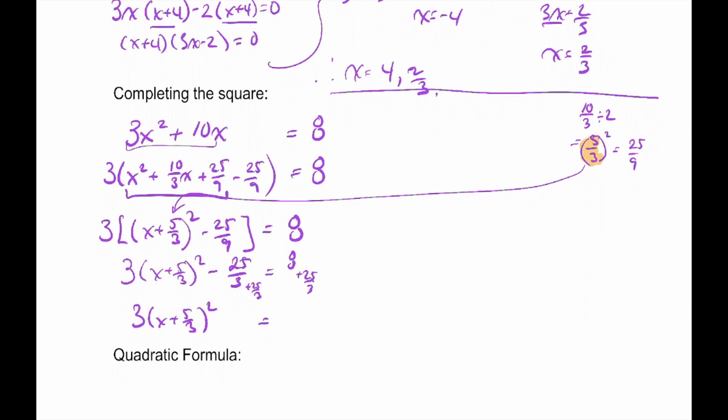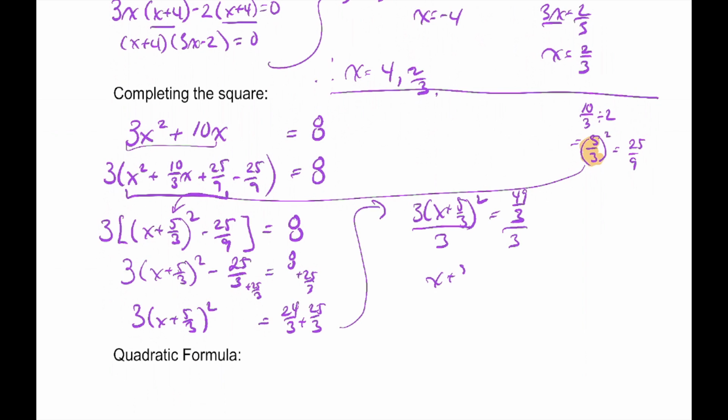So that's going to be 24 over 3 plus 25 over 3. So let's continue over there. So I get 3 times (x plus 5 over 3) quantity squared is equal to 49 over 3. And then I want to divide both sides by 3. So I get (x plus 5 over 3) quantity squared is equal to 49 over 9. Now this is why we want the perfect square trinomial